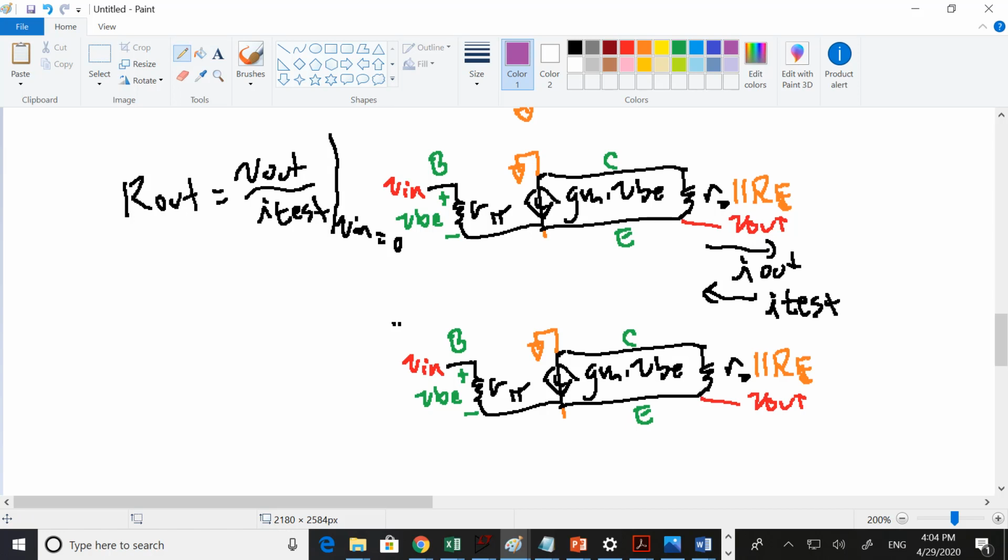Okay, the pen's not working. Get to ground this. Okay. So our VBE goes from this node to this node, and this node is now 0. This node is V out. So VBE